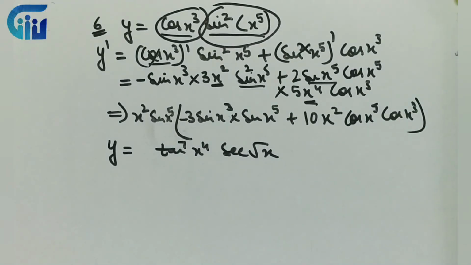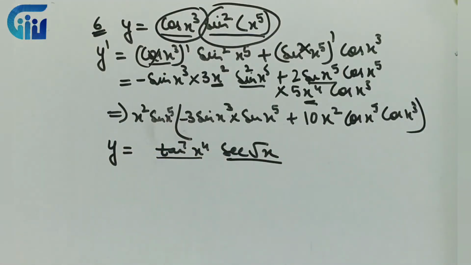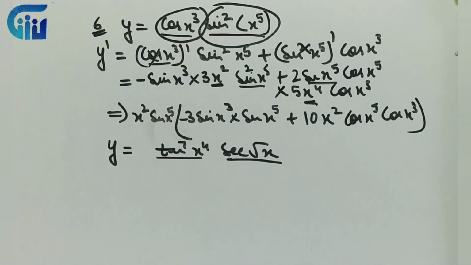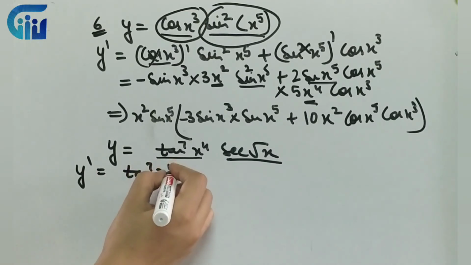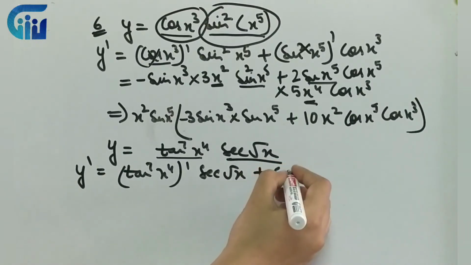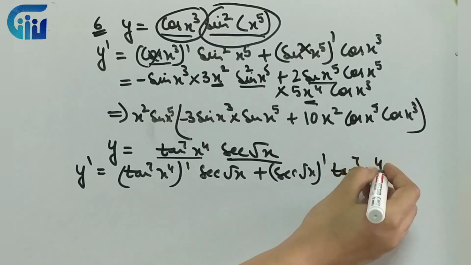So how do I differentiate it using first thing? Will product rule be applied over here? Yes, because these two functions are in multiplication. I cannot treat the whole thing as one function and differentiate it in one go, right? पहली बात. दूसरी बात क्या है? दो फंक्शन दिख रहे हैं, they are in multiplication, so I can use product rule, right? So product rule लगाने के लिए क्या करना है? I'll just take the first function का derivative and second as it is, then vice versa. So this derivative and this as it is, right?